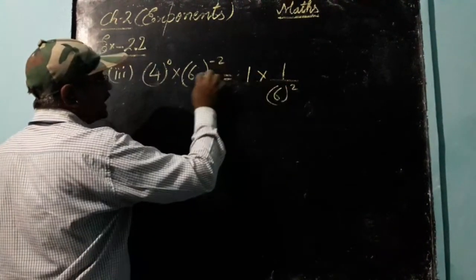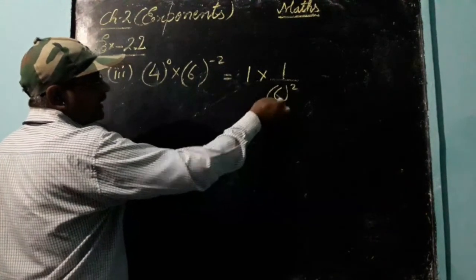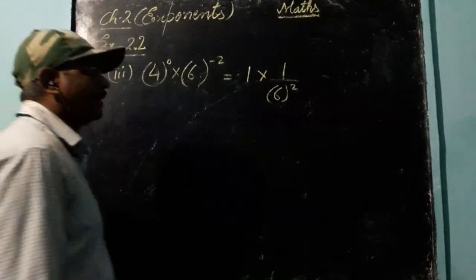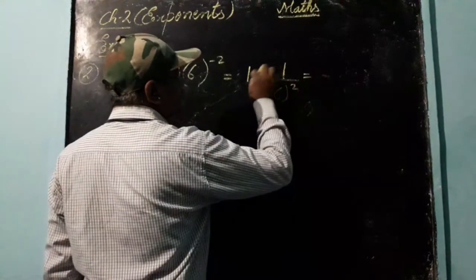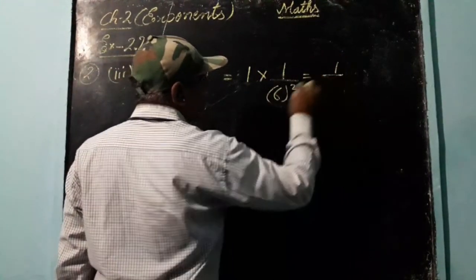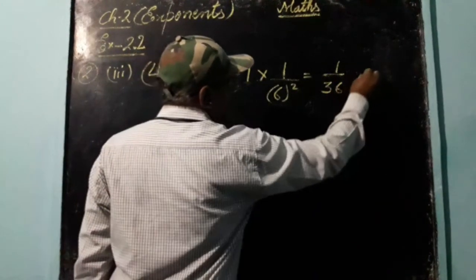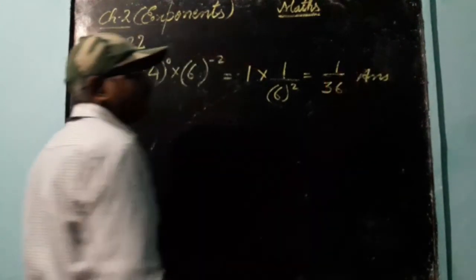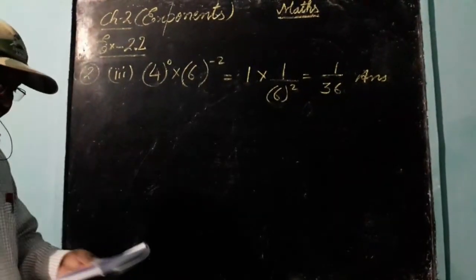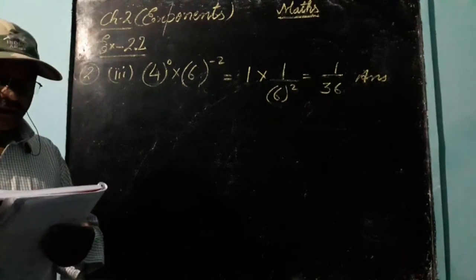अब यहाँ -2 था, जैसे ही हम इस फॉर्म में लिखेंगे तो +2 हो गया, and again we will solve this 1 into 1 is 1 and 6 का square 36, then that is also in the form of rational number P upon Q. Clear students? Now the question number